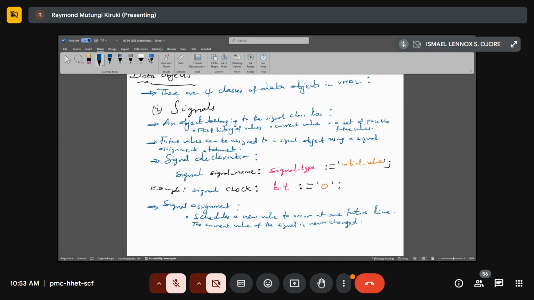So that means you don't indicate any time delay. So for such cases, if no specific value of time is specified,